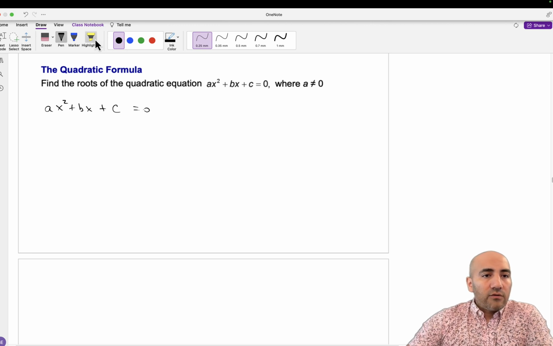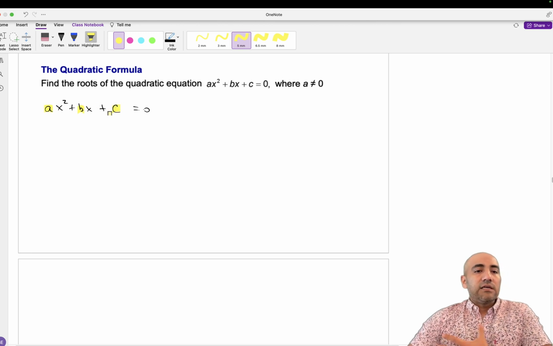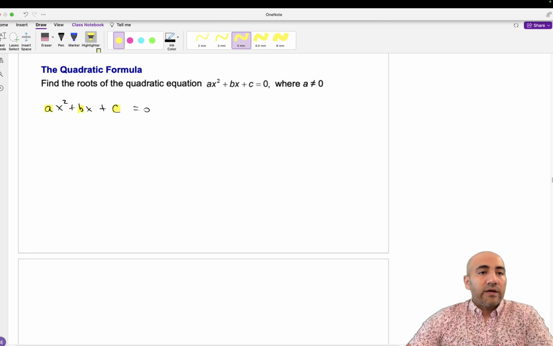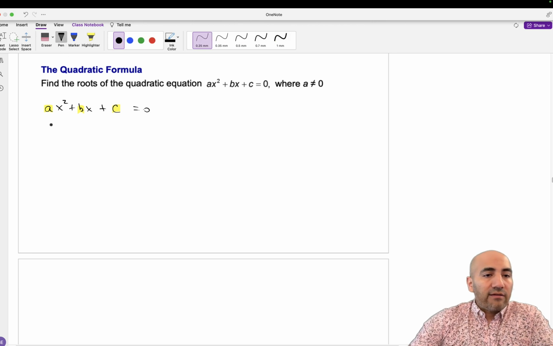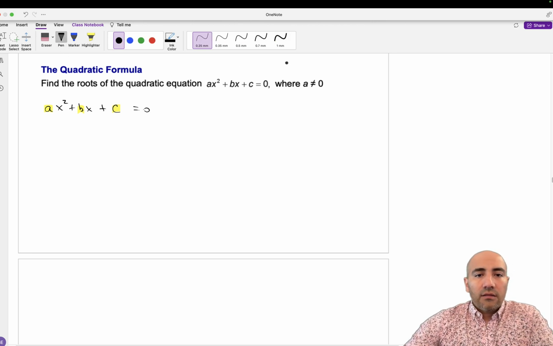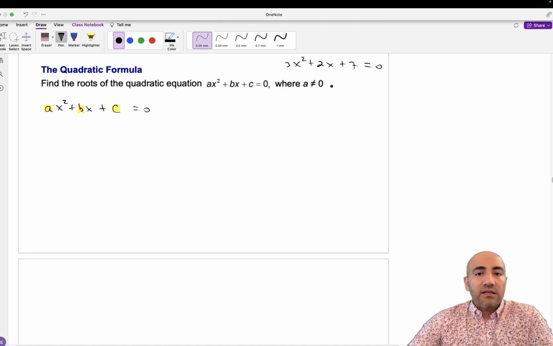This is where, keep your eye, there's a lot of letters running around, but the a, the b, and the c represent constants, right? So maybe in your head, think of it as 3x squared plus 2x plus 7 equals 0, right? So the a, the b, and the c represent numbers. So treat them as numbers. We can factor them, add them, divide them as numbers. Just keep in mind that the only thing we really know for sure is the a cannot be a 0,